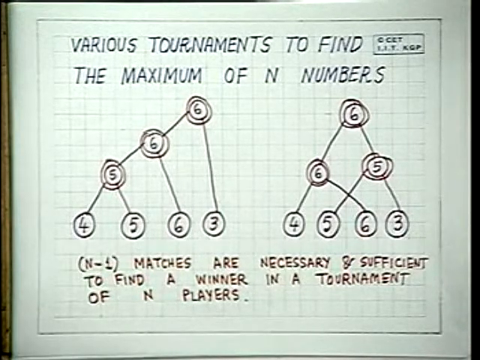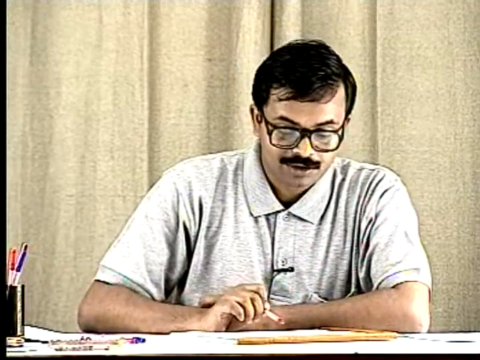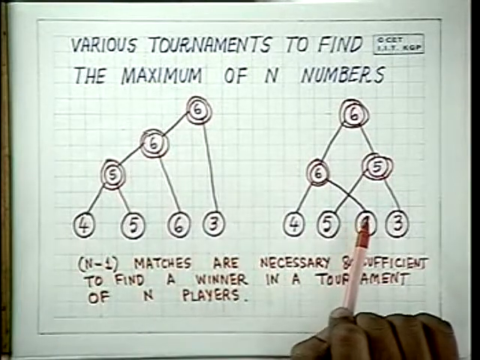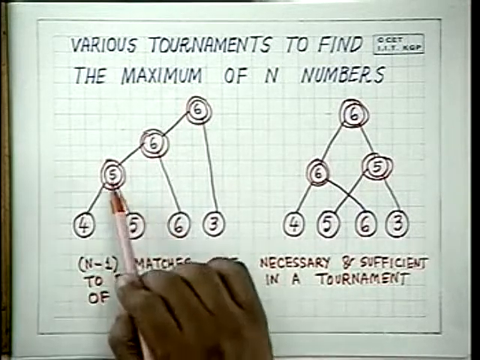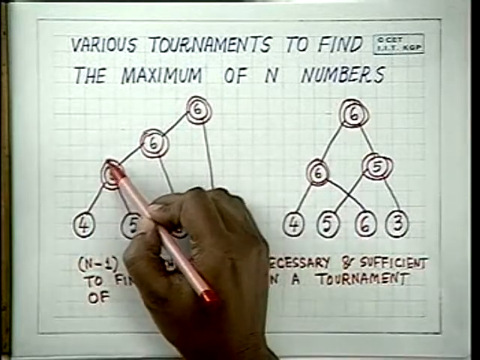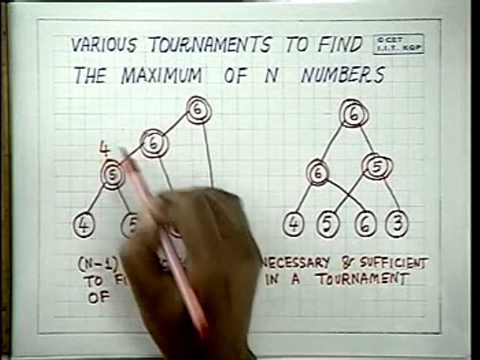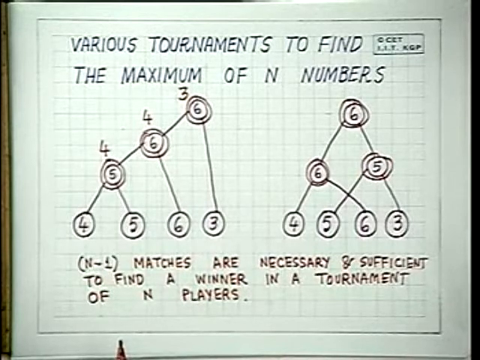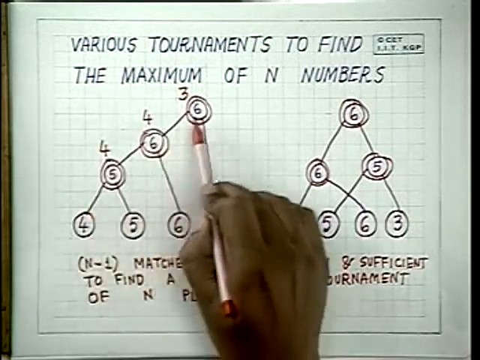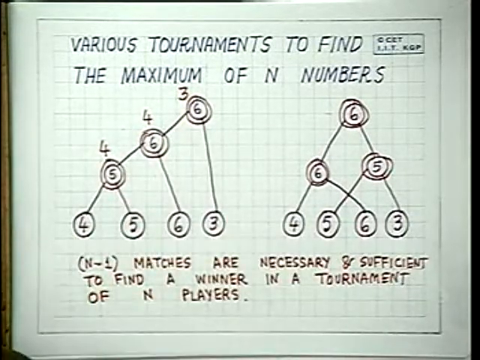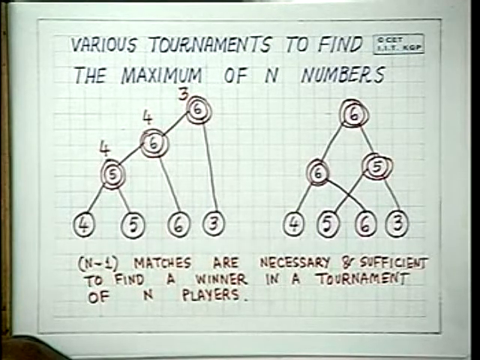But since we are finding the maximum as well as the minimum of n numbers, we must see whether another tournament would have been easier, because during that tournament we could have possibly found the minimum faster than the maximum. Because what we are doing here, in a tournament like this, we are finding the maximum and carrying the minimum. So we are carrying the minimum here 4, we are carrying the minimum here 4, and we are carrying the minimum here 3. And this is how we found out the minimum also. And we required 2 into n minus 1 matches or comparisons in the worst case scenario.